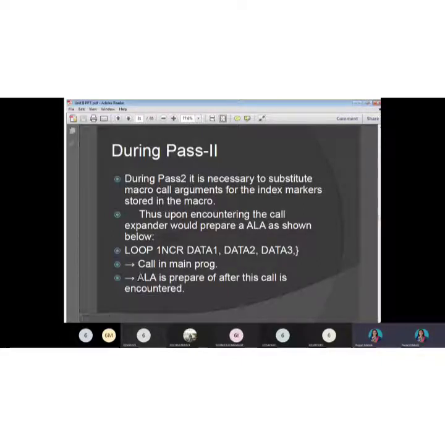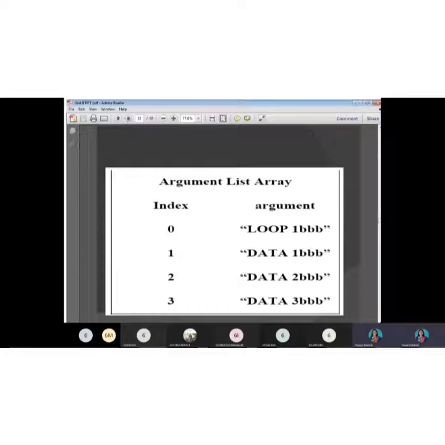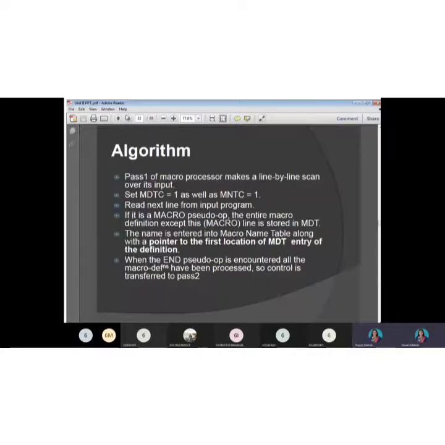So during that expansion, we have to make use of the ALA and prepare the ALA. After the expansion is carried out, the changes in our ALA are made during pass 2, right? So we have all the arguments and the index in the ALA at the end of pass 2, right? So this is the design, data structures and format.